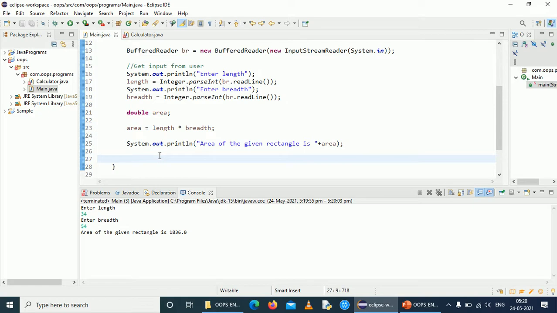Now we are going to convert the part that calculates the area of the rectangle to a method.